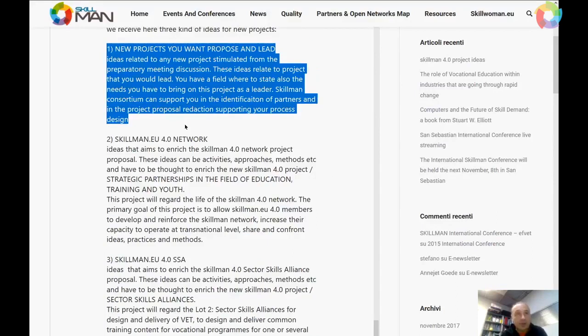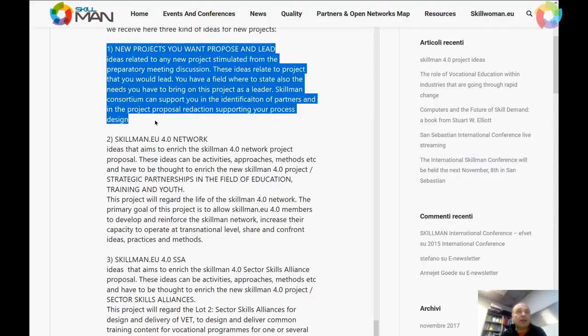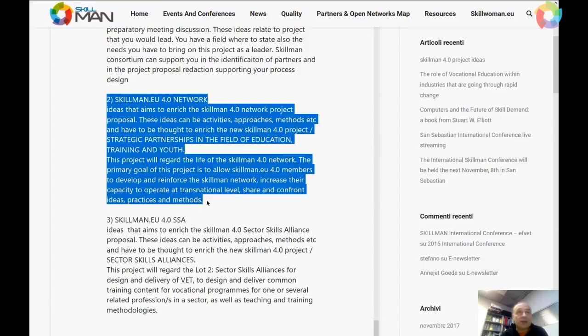So we ask you if you need support or partnership among the network. The first aspect is to define these new ideas to be able to receive support from the network itself. The second aspect we are going to investigate with this form is your interest or eventual proposals for the